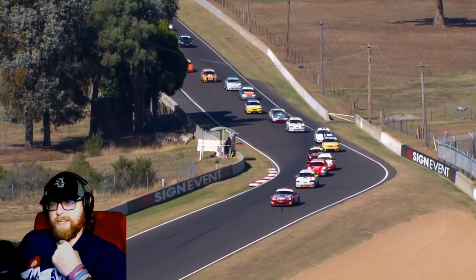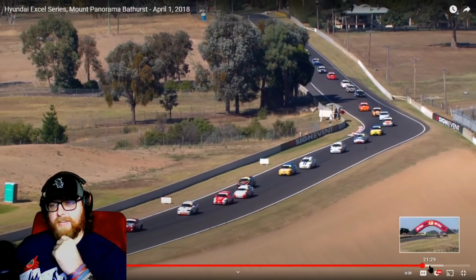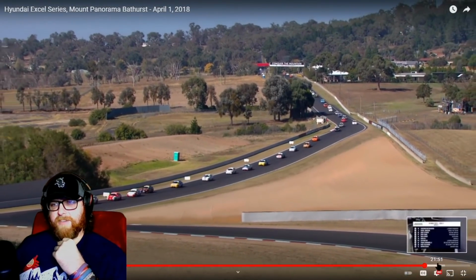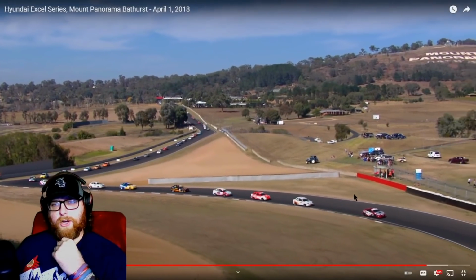It looks like they're just racing at tracks like Mount Panorama, it's about as legit as it gets, right? And final race of the Hyundai XLs, flag action unfortunately here, coming to a halt after the contact and the damage and the debris that is strewn across the racetrack. So thank you very much to our flag marshals, of course, for their help here this weekend. No doubt many of them busy at the...